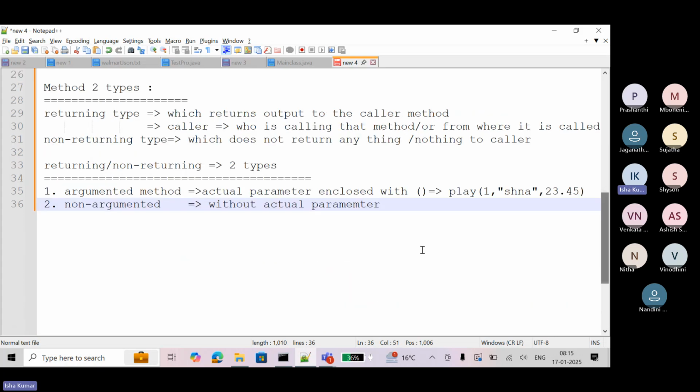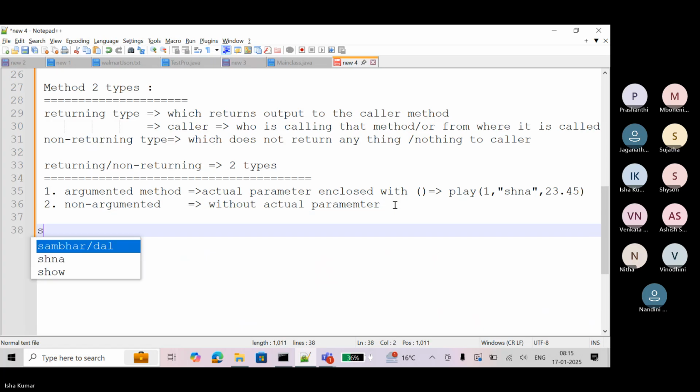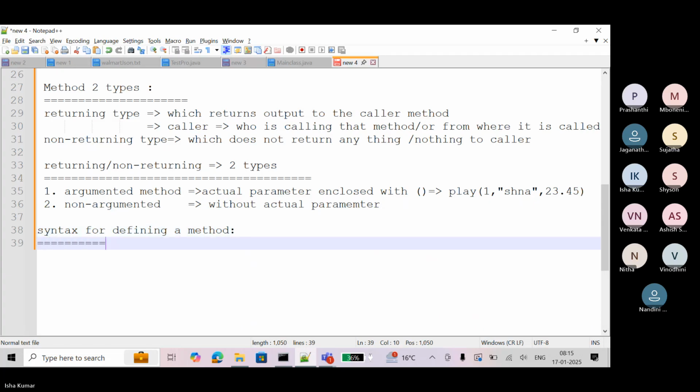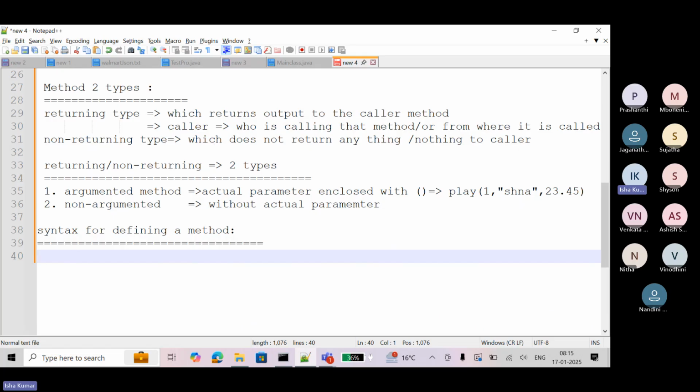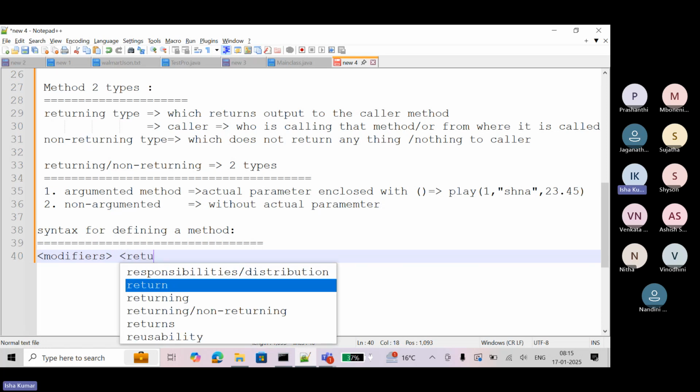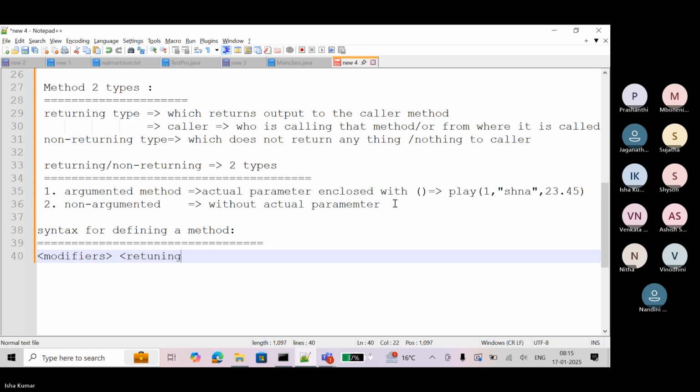Now, syntax for defining method. How can we define a method? So here, syntax is, first you should write modifiers. Then here you should write returning or non-returning.